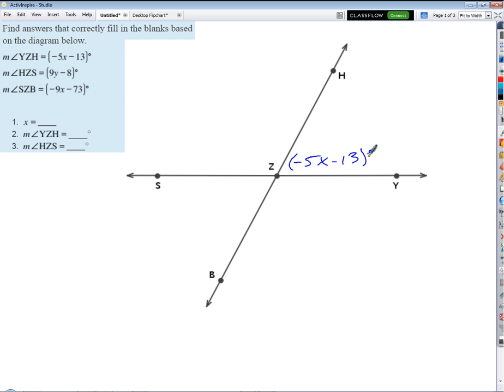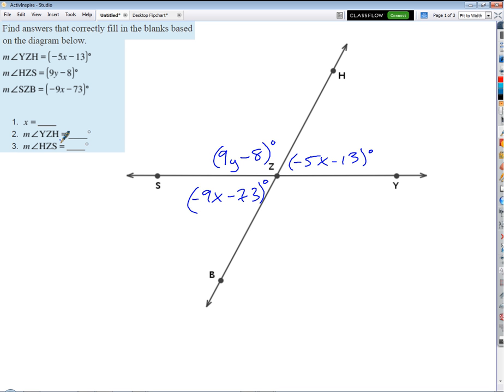The measure of angle HZS, so that's this angle up here, is 9y minus 8 degrees, right? The measure of angle SZB, so that's this guy down here, is minus 9x minus 73 degrees. So they want us to provide the value of x, and they want us to provide the measures of two